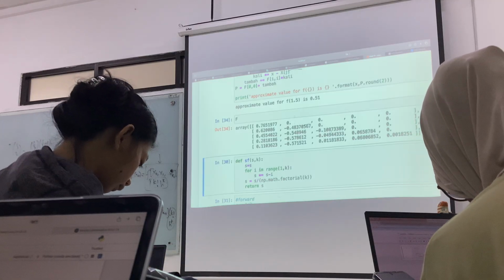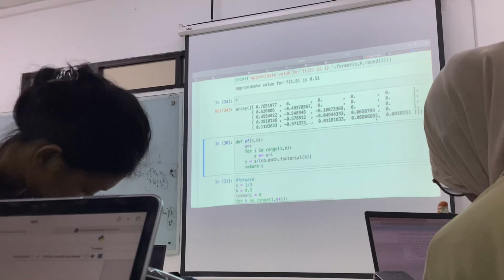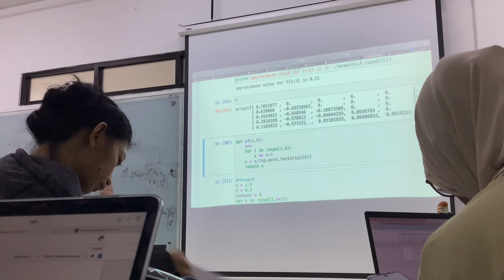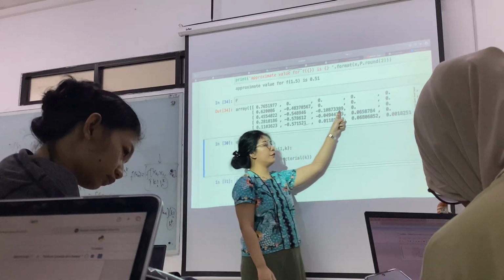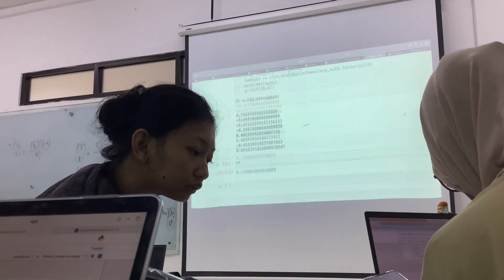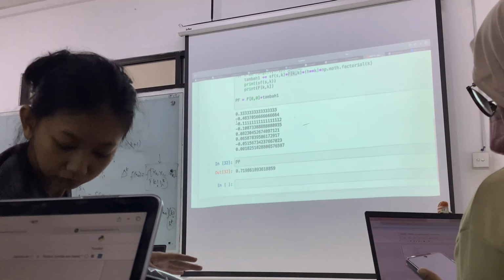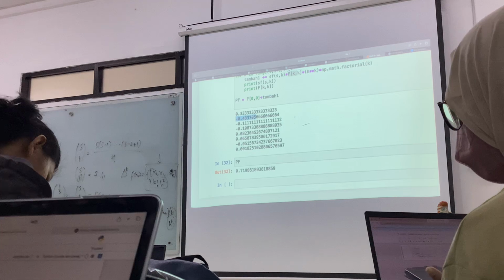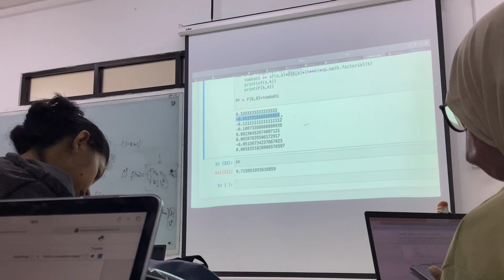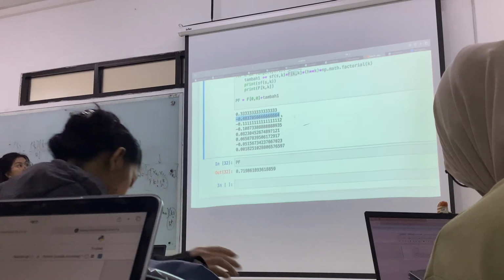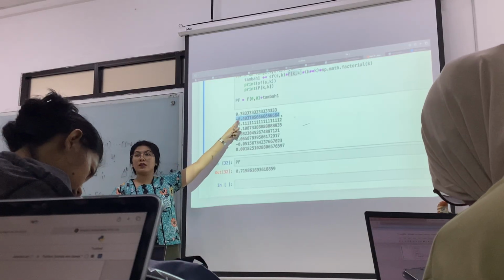If you add more decimals, then you will have other decimals. Like for example, F11 is this value. If you add the decimals again in Excel, did you get this same value or not?